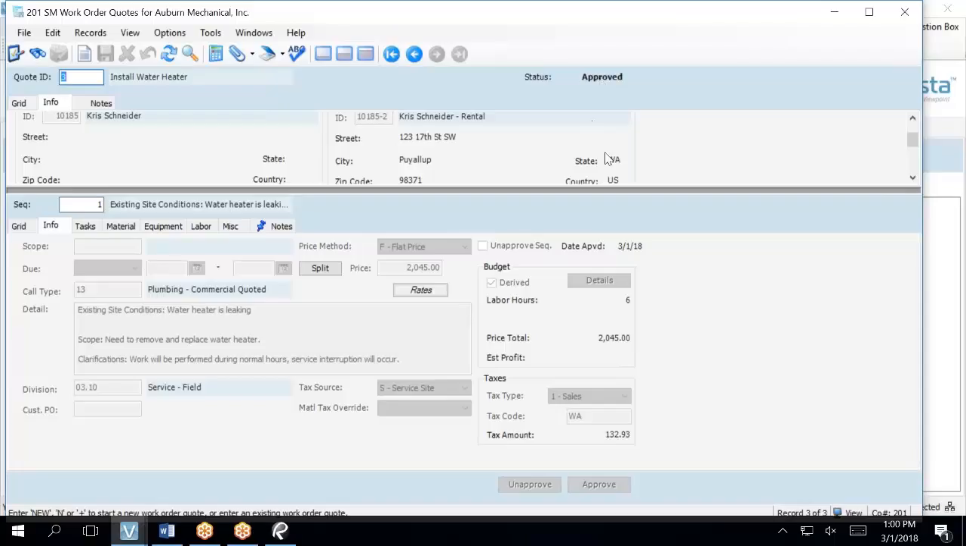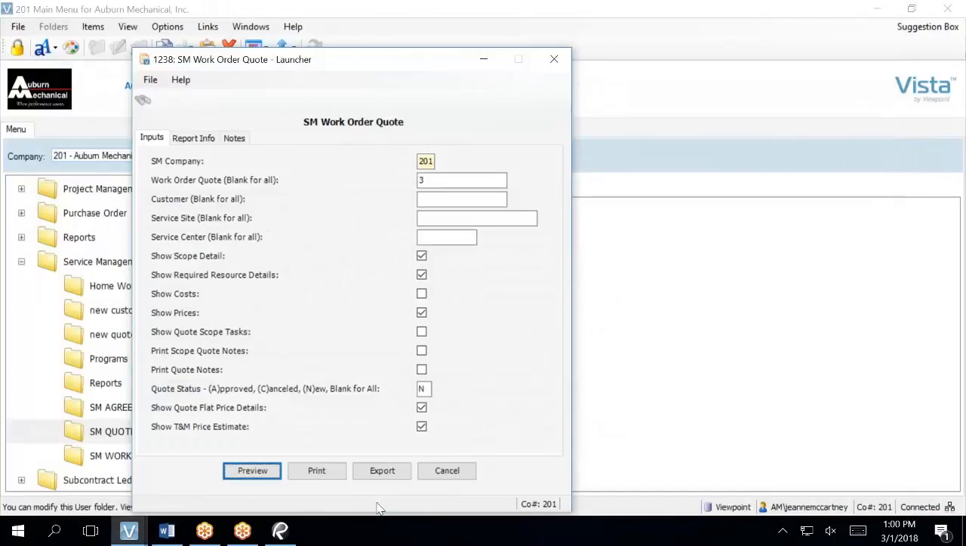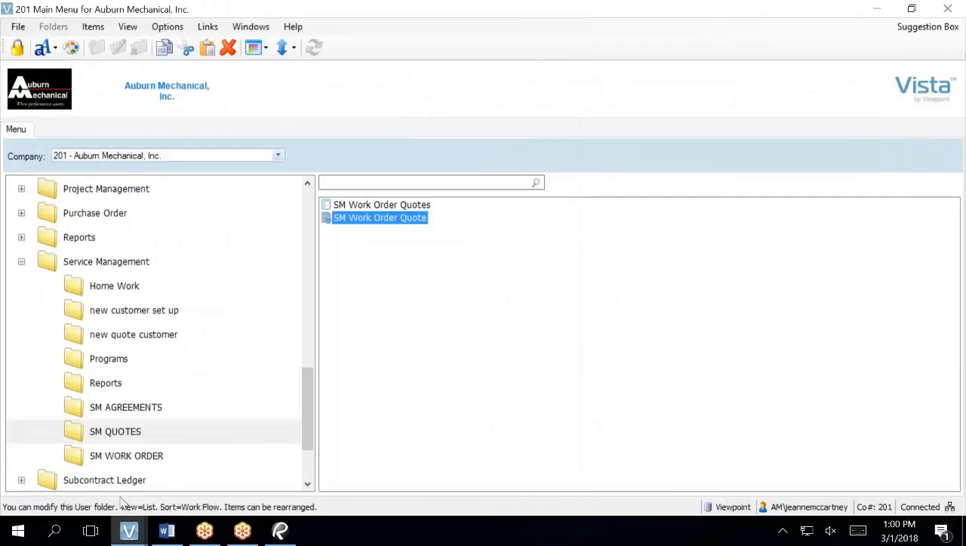Okay, so now cancel out of here. And cancel out of here. Is there a way to go directly to the work order from quote? I had to